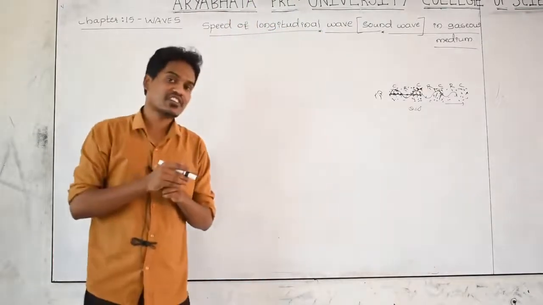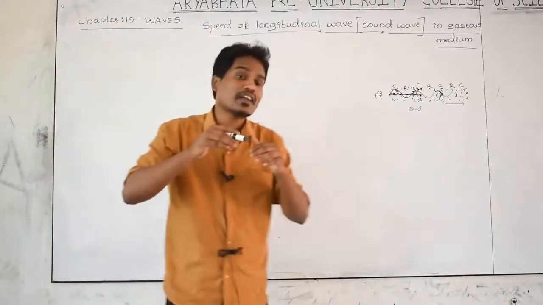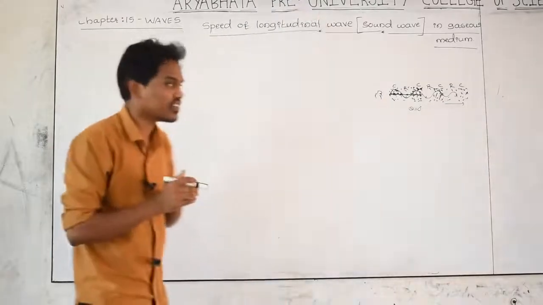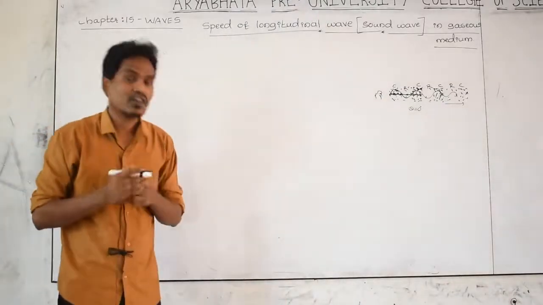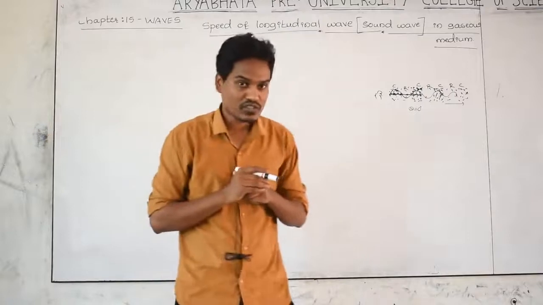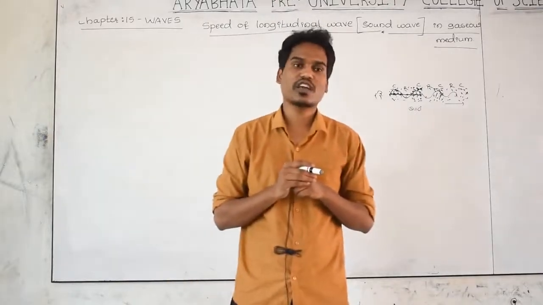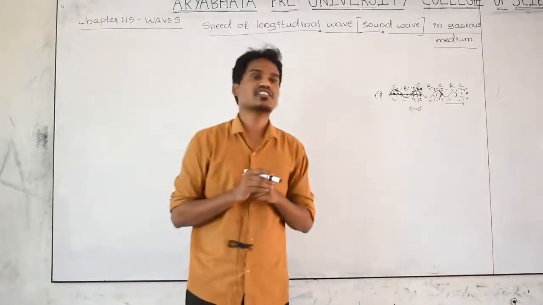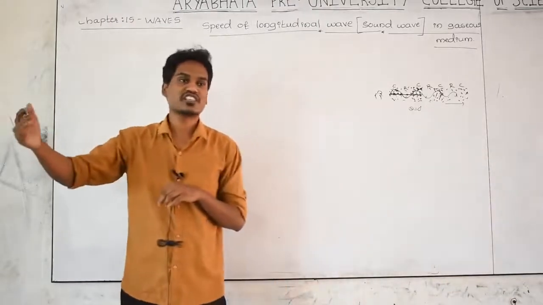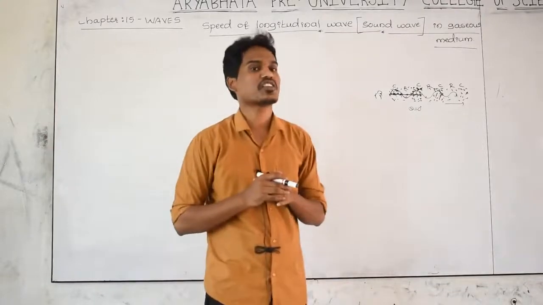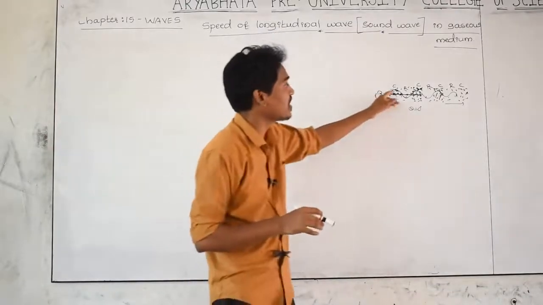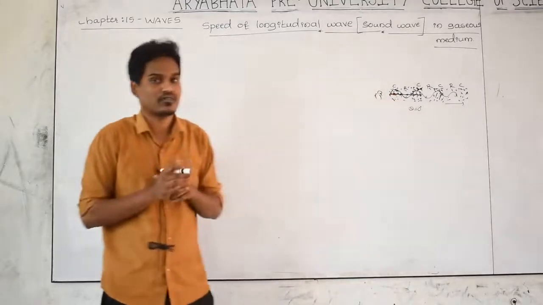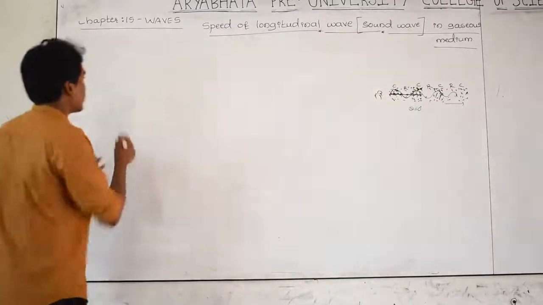After applying pressure, the volume of the gas medium changes, so which modulus should I consider? That is bulk modulus, not shear modulus and not Young's modulus. If there is a change in length, that is Young's modulus. If there is a change in shape, that is shear modulus. But after putting pressure on the air particles, the dimension that changes is volume, so we have to find the bulk modulus.